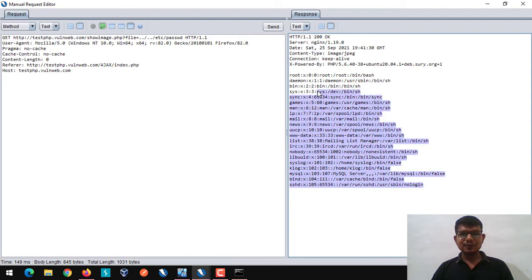In this way you can go and check for LFI, as well as perform RCE if you are able to access that poisoned log file.